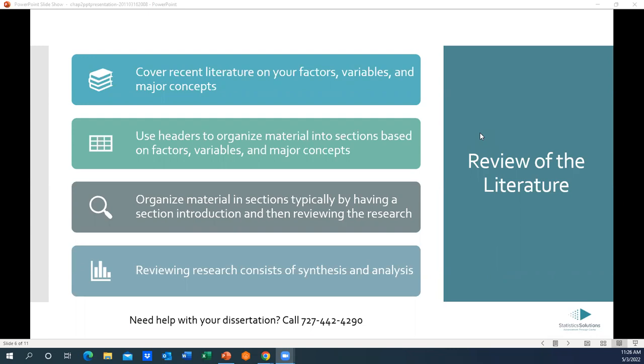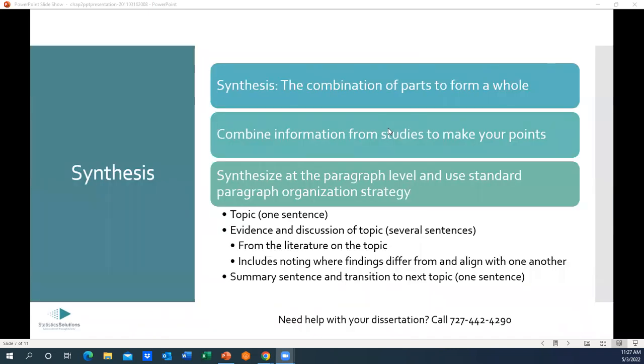And reviewing research consists of synthesis and analysis. This goes back to what I was talking about a few minutes before. So what is synthesis? Synthesis basically is just combining things to form a whole, right? So what you're doing is you're combining information from studies to help make your points, right? And